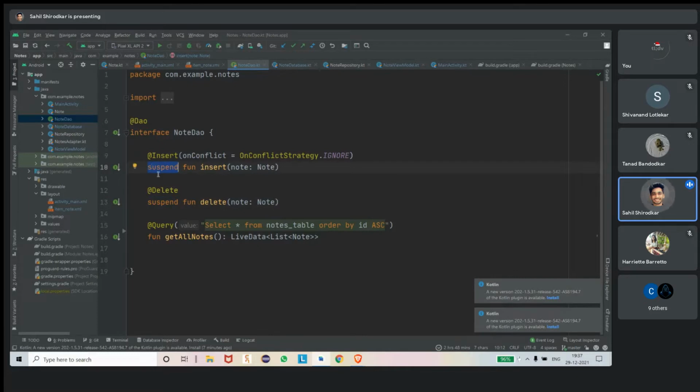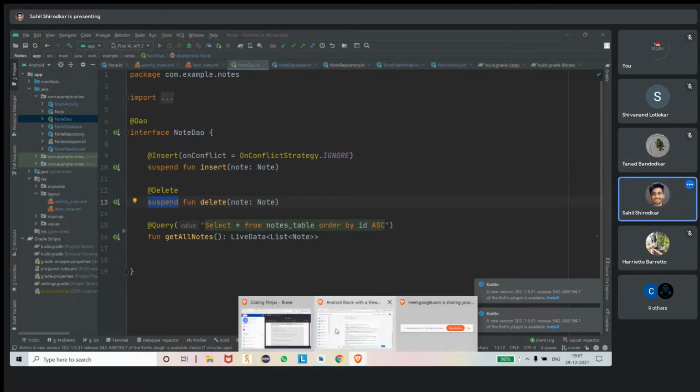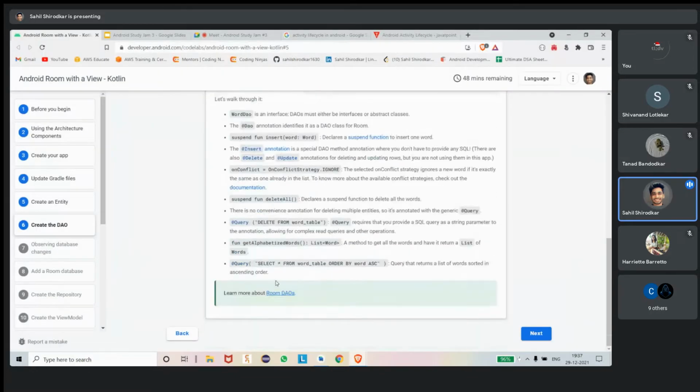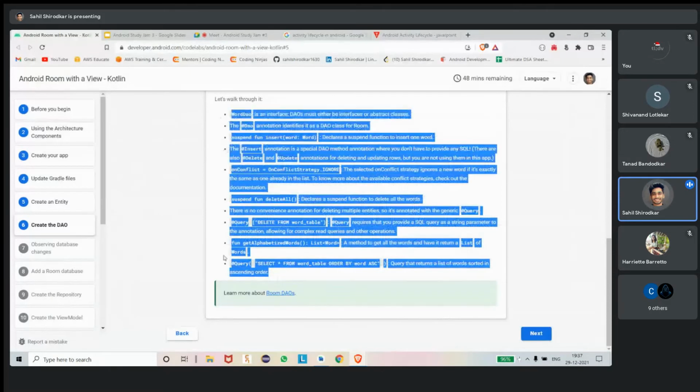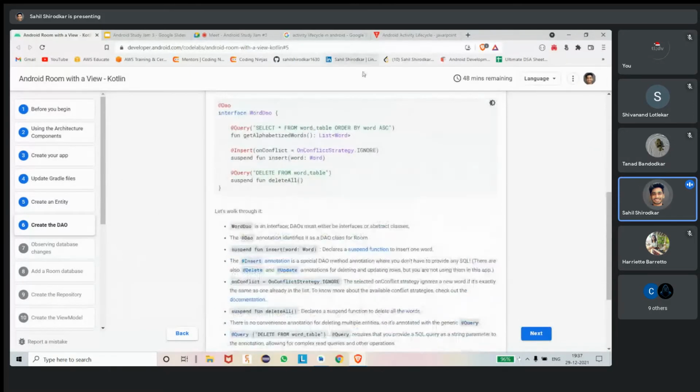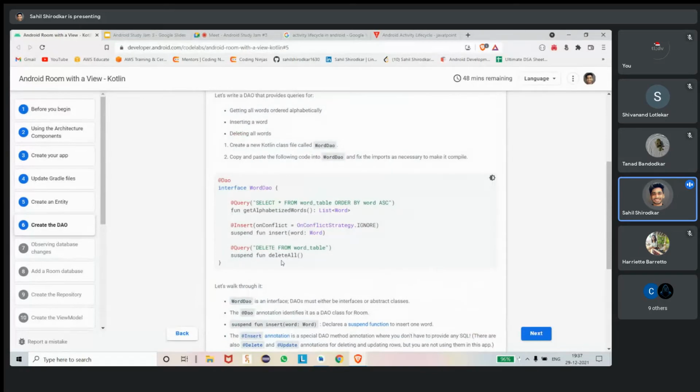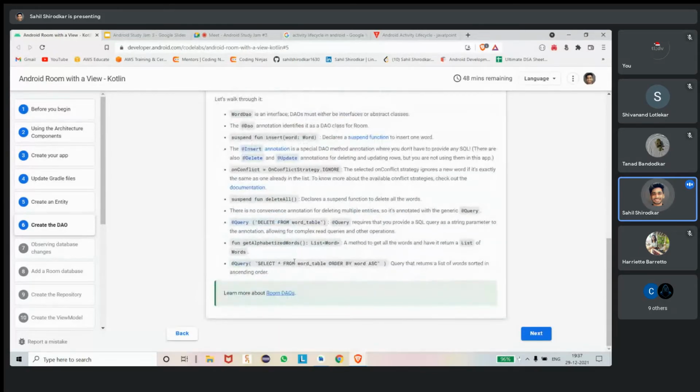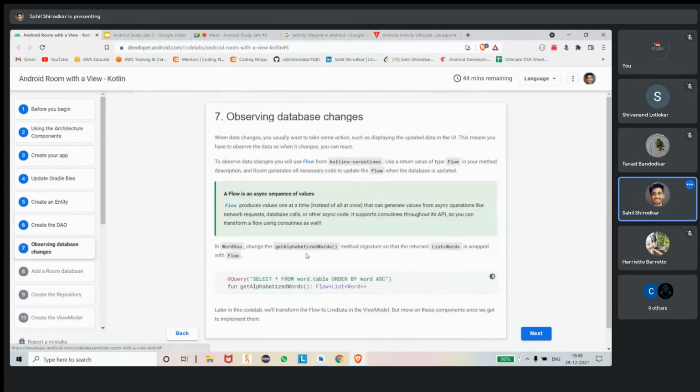But whenever we want to use coroutines for a certain operation or a function, we make that function suspend. So again, I have used suspend here and here. You guys can learn more about this by going to the Room database official documentation and Android developers documentation.